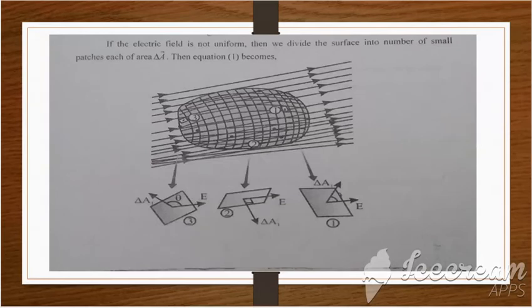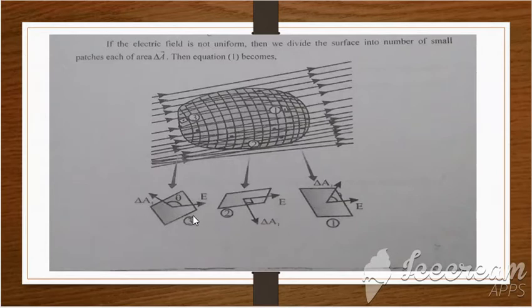So for this purpose, we divide this body into a large number of patches, and these are some patches having a small area which is represented by delta A1. Suppose three patches are created. This is in large view in this form. The second one in large view is in this form, and the first one in large view is in this form. These are delta A1, delta A2, delta A3.